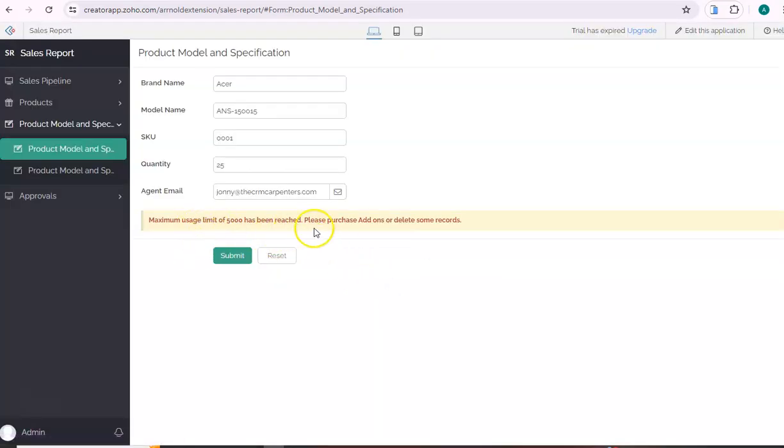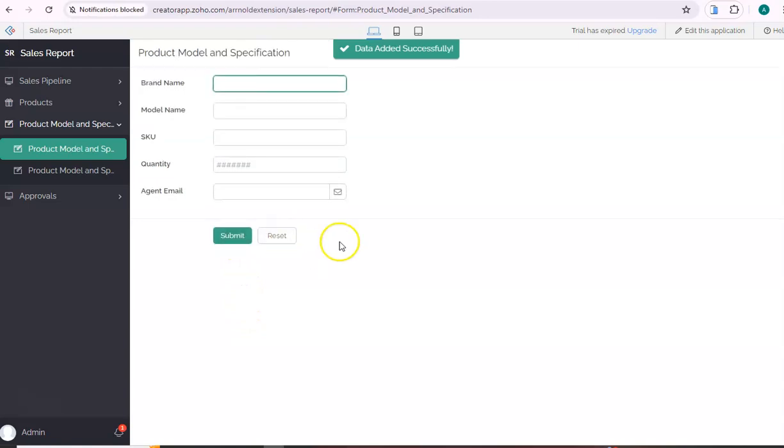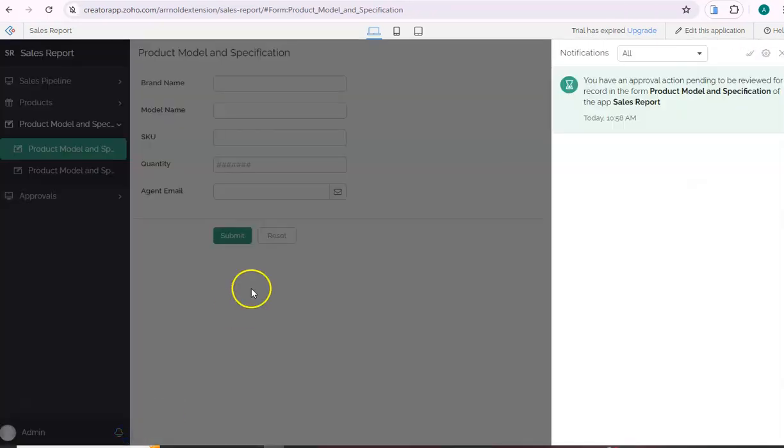Let's try again to submit the record. The data was added successfully, and it notifies us that there is a record that needs our approval. So let's click this one and select the notification that says you have an approval action pending to be reviewed